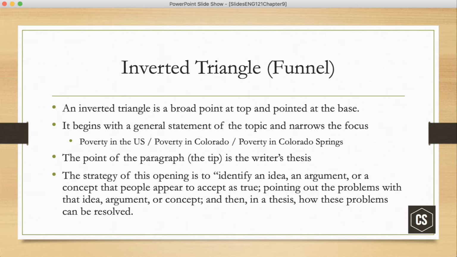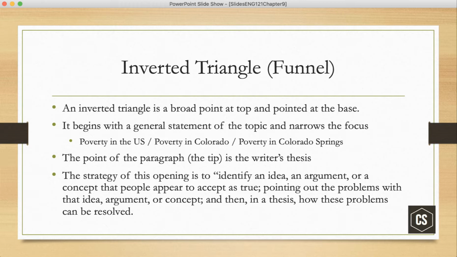An inverted triangle is essentially a funnel. It's a broad topic at the very start, and then you narrow it down to the base. So it begins with a general statement of the topic and narrows the focus. You see this frequently. I think a lot of students naturally go this way. I don't know if that's the way they teach in high school or if this is just a more intuitive design. But an example is if you were going to write an argument about poverty, you might start with